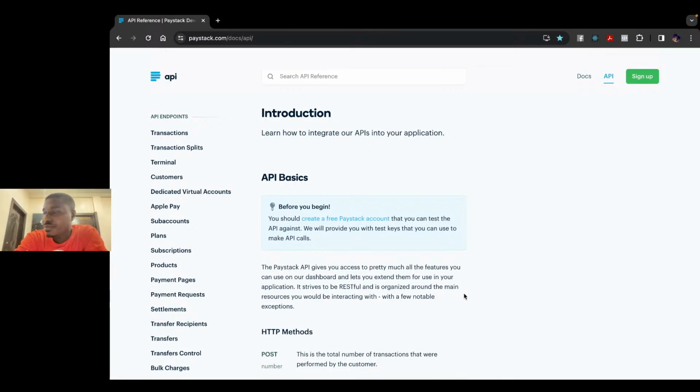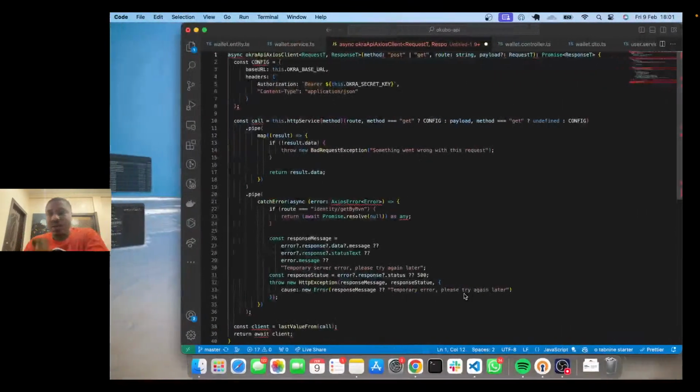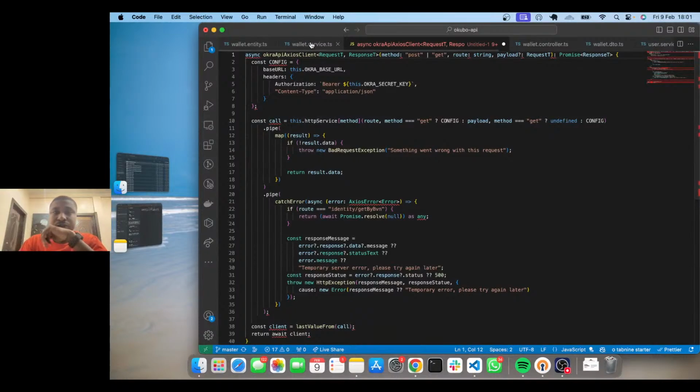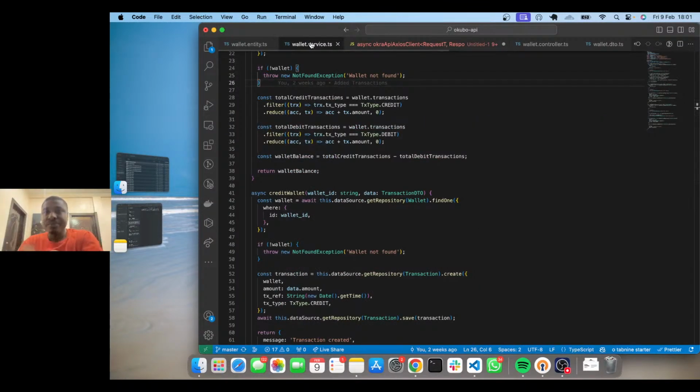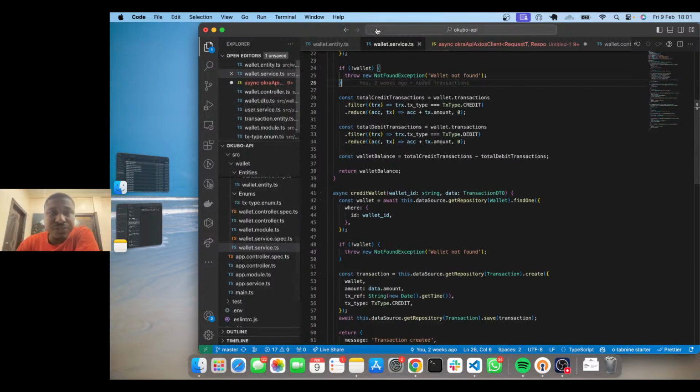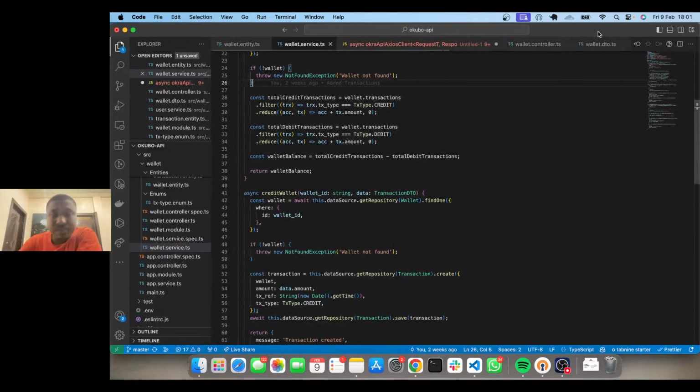Okay, so today, nothing too big, but basically we'll be using Paystack to charge a card that we've saved before, and we'll be using our Okubo API application, which we started working on in the previous video. What we'll be doing is linking our current wallet to Paystack,